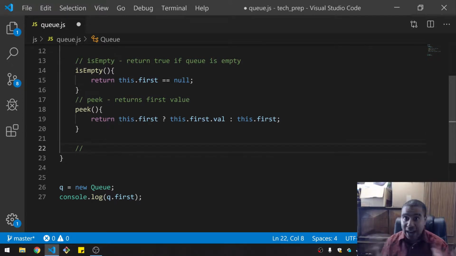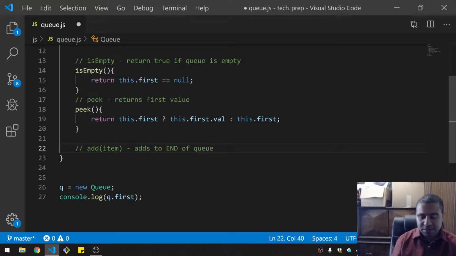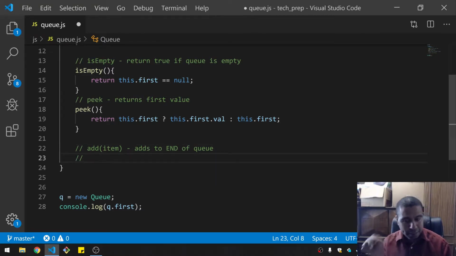The first one is to add an item, of course. So this is similar to the push, but add is a little bit more appropriate, I guess. So this just adds to the end of the queue, and that is a very important distinction between that and just adding to the top. We'll find out this is actually a little bit trickier in the sense that you have to traverse the linked list all the way to the end in order to add to the end. So there are some time considerations there implementing this. So you have add and you have remove, of course, and this should remove the first